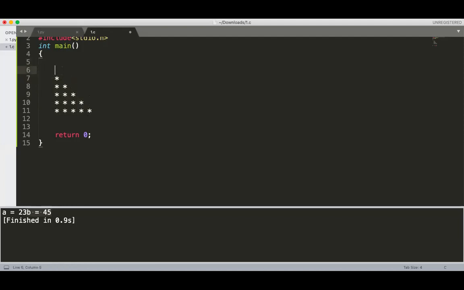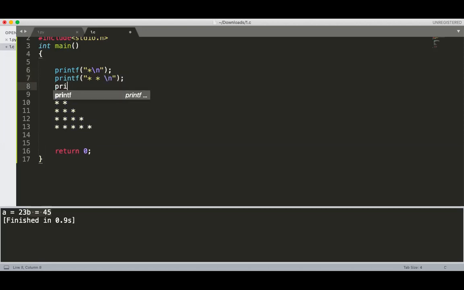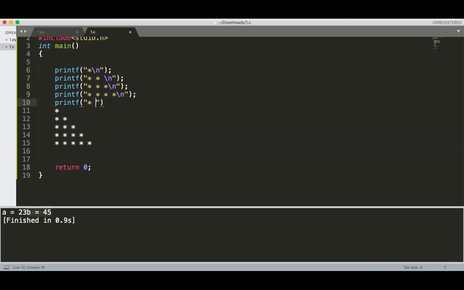So what code did that student write? printf star, backslash n, then printf star, backslash n, then printf star, backslash n, and then one more printf star, and then backslash n, and one more printf star, again star, and then backslash n.